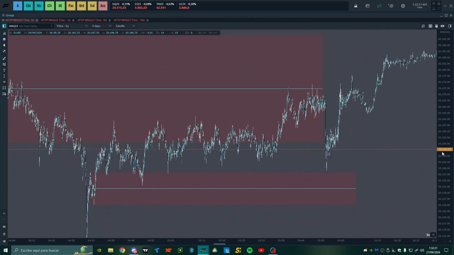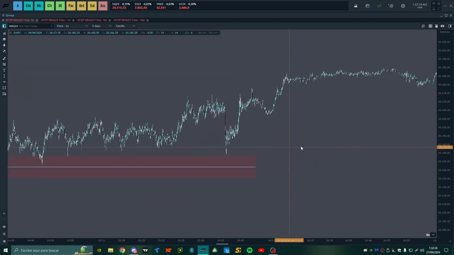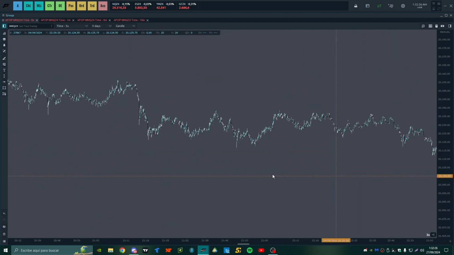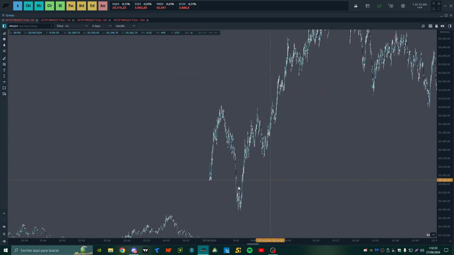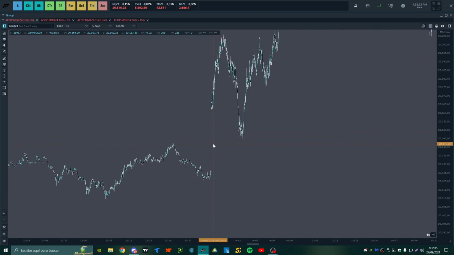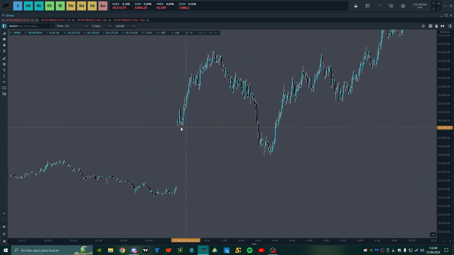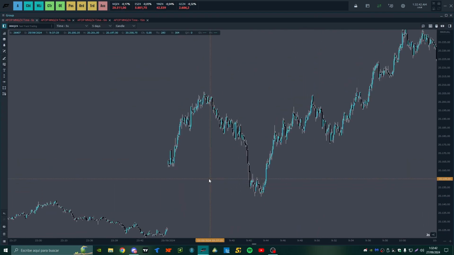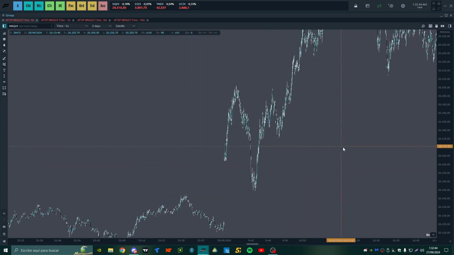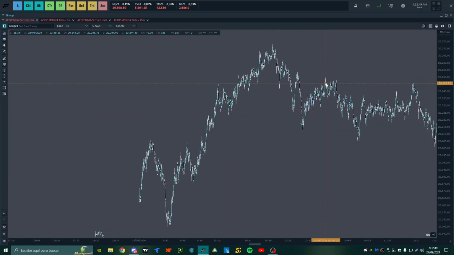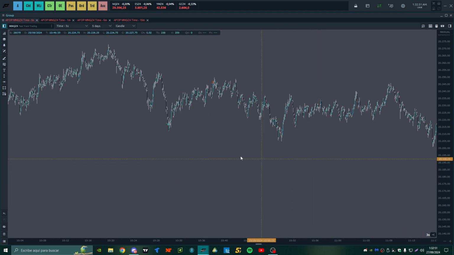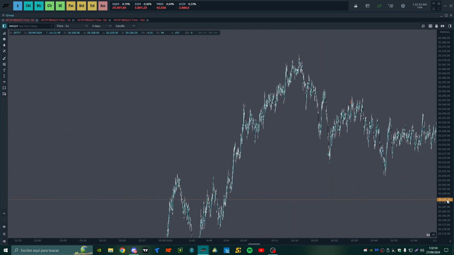Let's go to the next one. Well, this day I had problems with the data. This is the opening gap. I'm going to show you the day in which I had problems with the data. It wasn't showing me anything at the opening. So I simply did nothing and came back later. So this was the Wednesday trade. Why so aggressive?